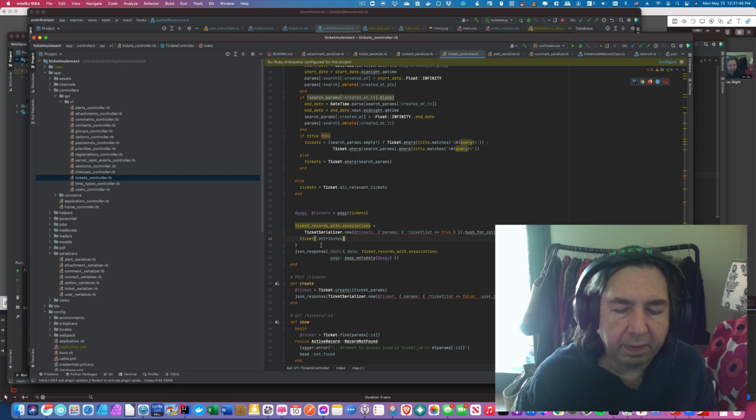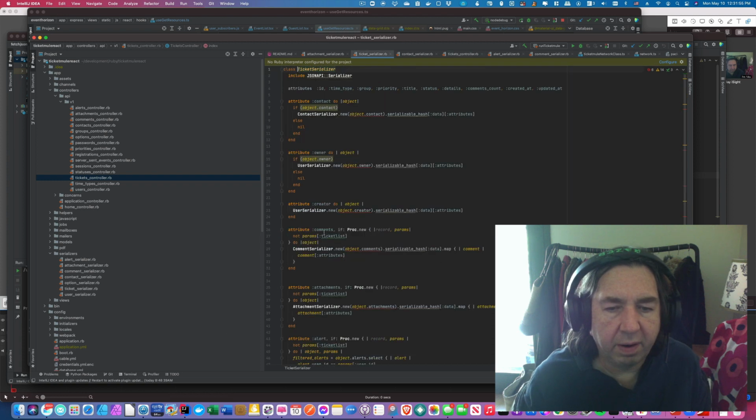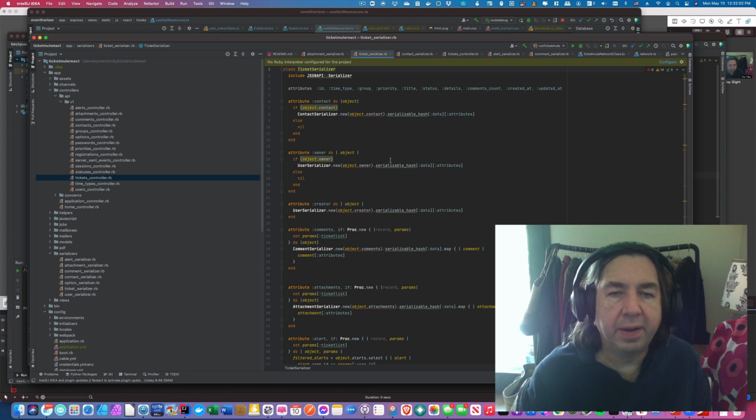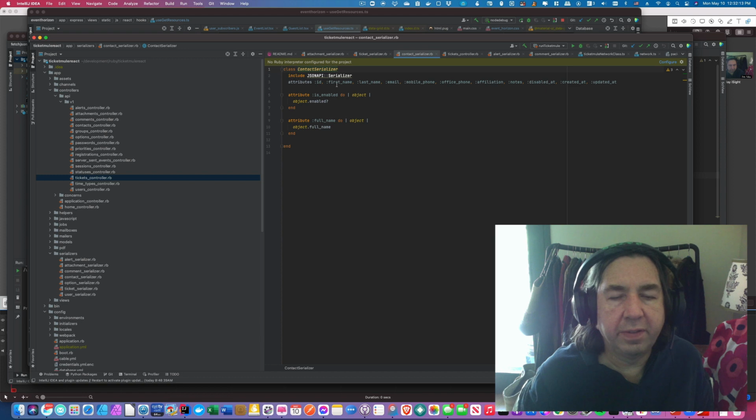So here we have, in Ticket Mule, which a link will be in the description, an example of the ticket serializer. A ticket has a number of plain attributes such as this ID, time, type, group, etc. But it also has related resources, things like a contact and an owner and a creator, and they all have their own serializers. So we can see in here that there are simple attributes for each of these, but there's also